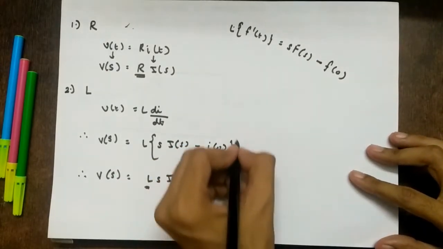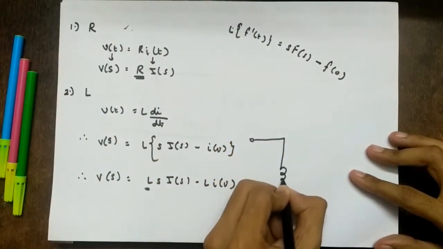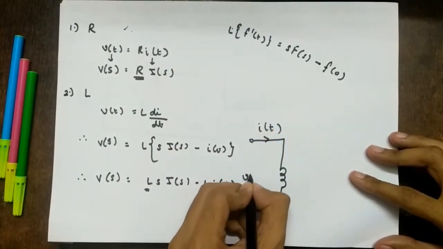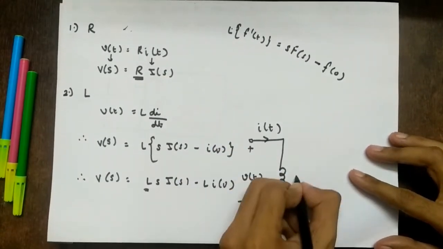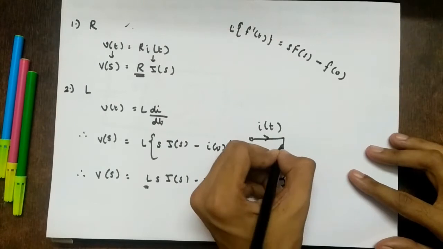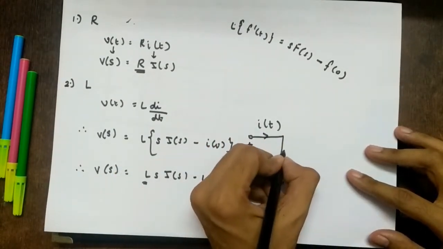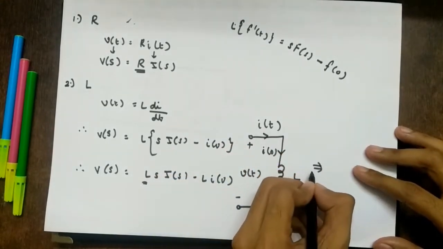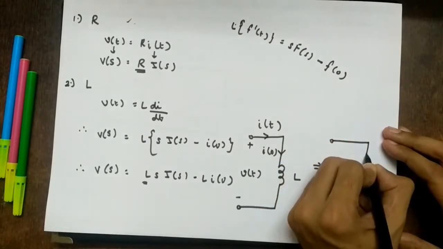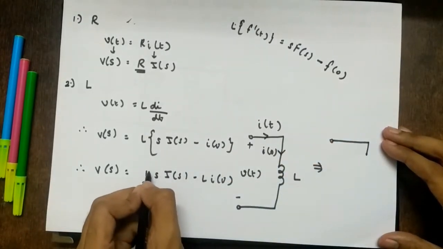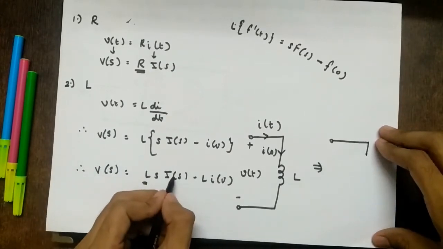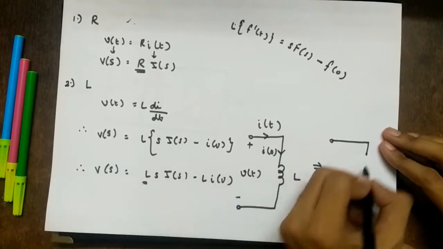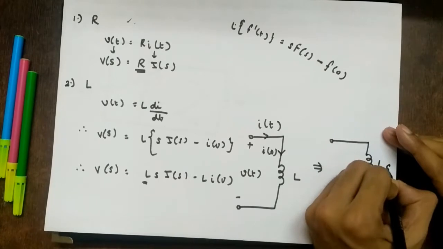So let's draw this in the form of a diagram. If I have a single inductor, what was the current? I of t. What is the voltage? V of t, obviously. What is the value of the inductor? L, right? And let's say at t equal to 0, the current is I of 0. So it is getting transformed. This is what voltage is, I times R, right? This is the current and this is the impedance now, meaning the inductor has value Ls now instead of L in the frequency domain, right?